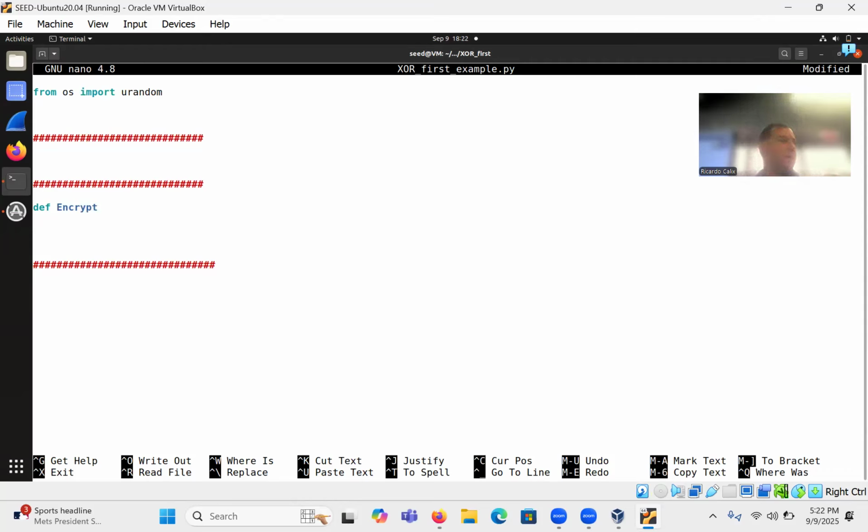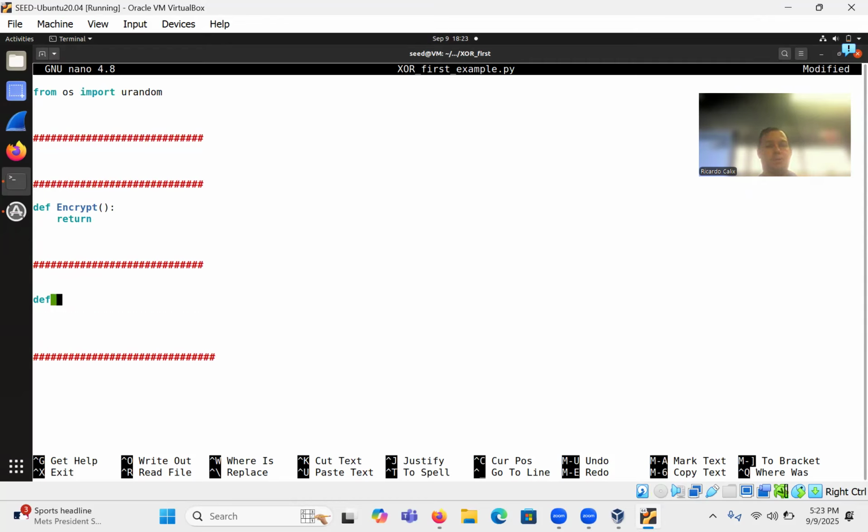This function will take various parameters such as a plaintext, a key, etc. But for now, let's just leave it like that. Return. And then I'm going to do the decrypt function,